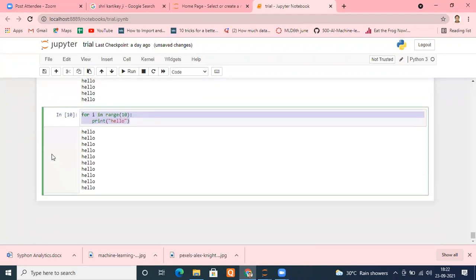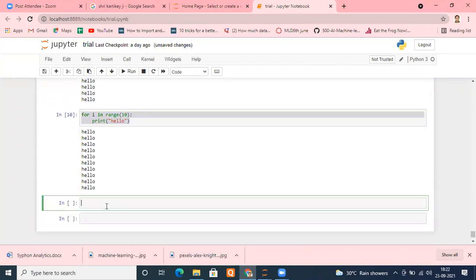Okay. So there are 2 kinds of loops in Python which are available. One is known as the for loop, and the second one is known as the while loop. For repetitive tasks, we will use loops. And what is the basic difference between them? When we know the exact number, or we want to run the loop for a fixed number of times.